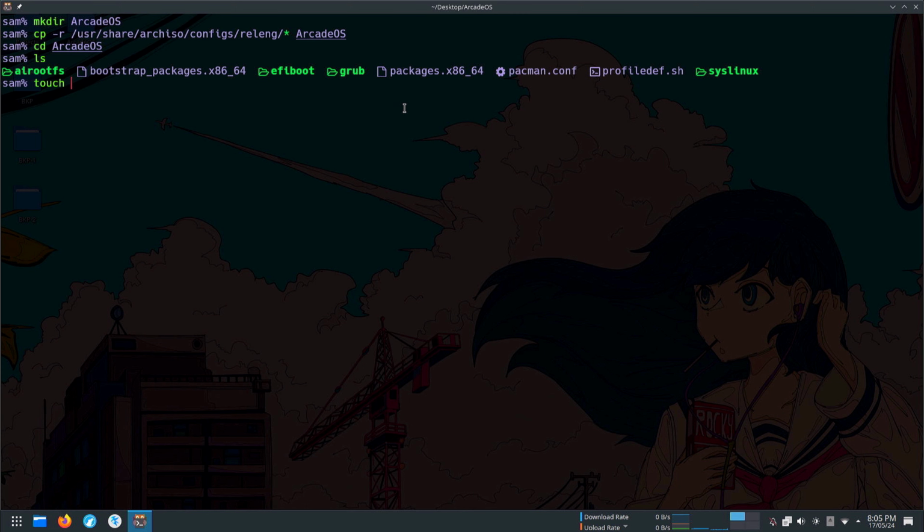Now create a bash file named clean.sh with executable rights. This file will help us clean the work and out directories if something goes wrong. Now create and give executable rights to the build.sh file. This file will start the building process of our Arch ISO. Now do the same thing with this file. I am going to name it custom_build.sh. This file is going to play a key role in this tutorial. So from now on, watch this video carefully.